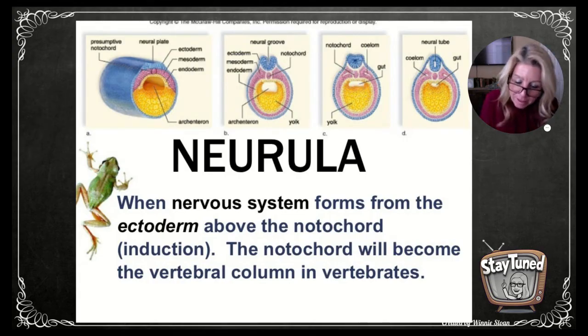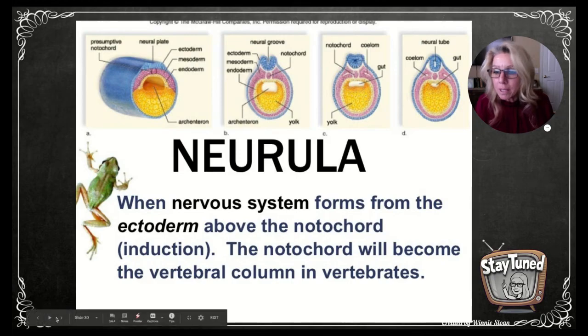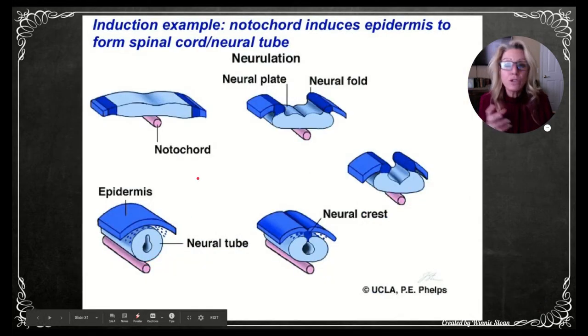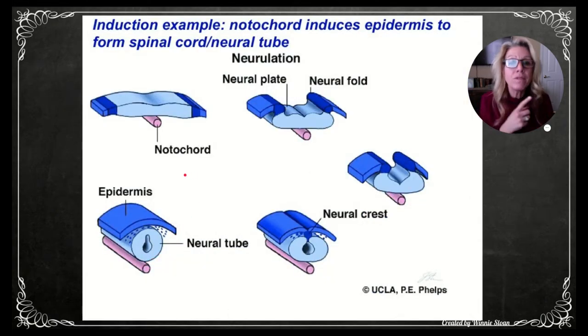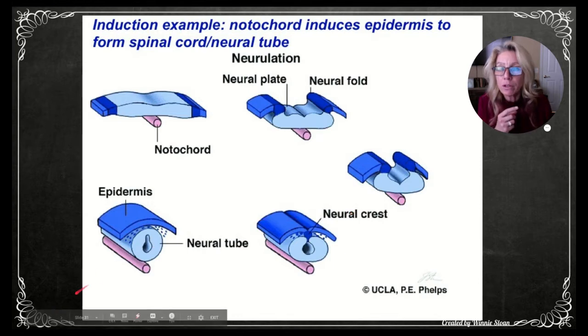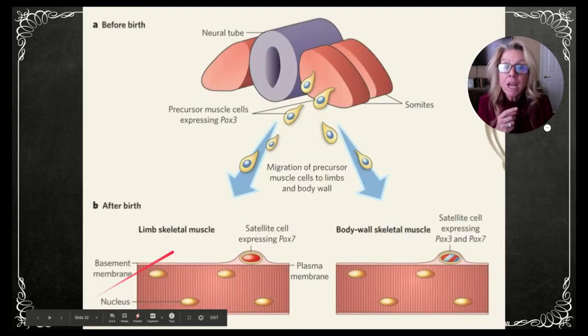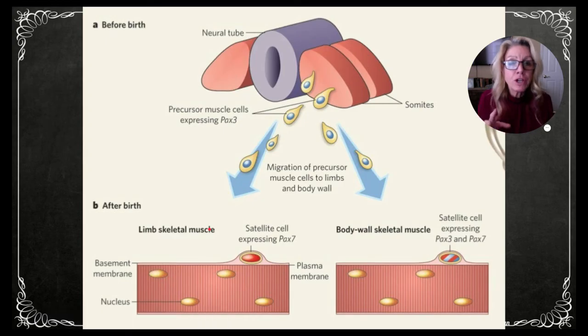So next, we need to talk here. Let me get to the next picture here. This shows you that induction, and I'll revisit this a little bit later in our video. But here you can see the notochord, and then above it, you have that infolding, right, to form that neural tube. Okay. Also, you need to know on either side of that notochord that's part of the mesodermal tissue,